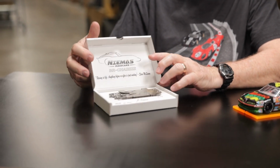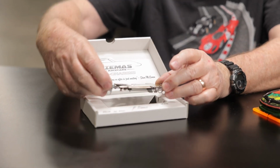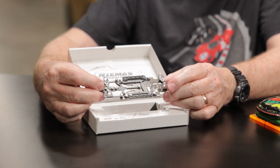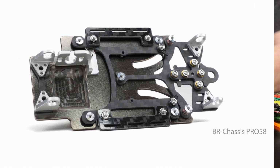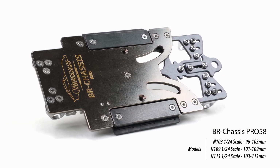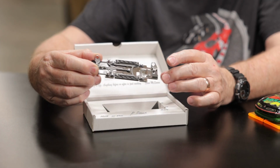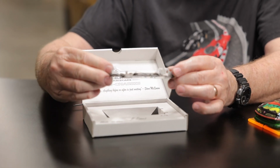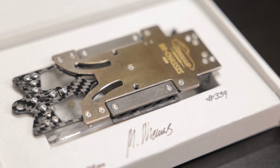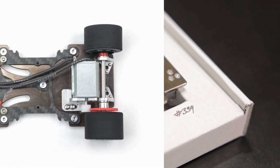The BR chassis comes completely built or assembled, but just as a chassis. No motor, no wheels and tires, axles, gears, bearings, all of those things have to be added to this. The chassis are adjustable for wheelbase, and there are 3 different ones available for 3 different ranges of wheelbases. This one is the middle one for 101 to 109. There is a slightly shorter one that takes up in the 90mm range, and a longer one that goes into